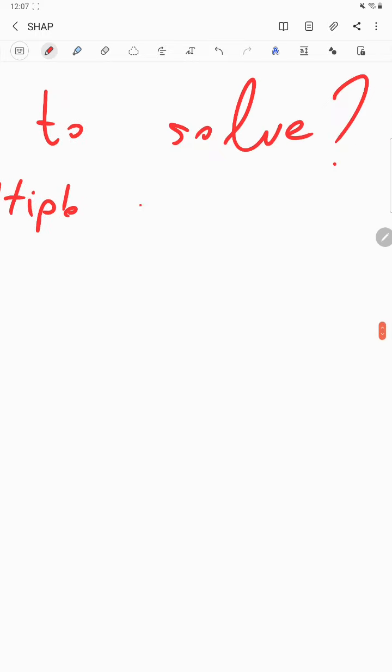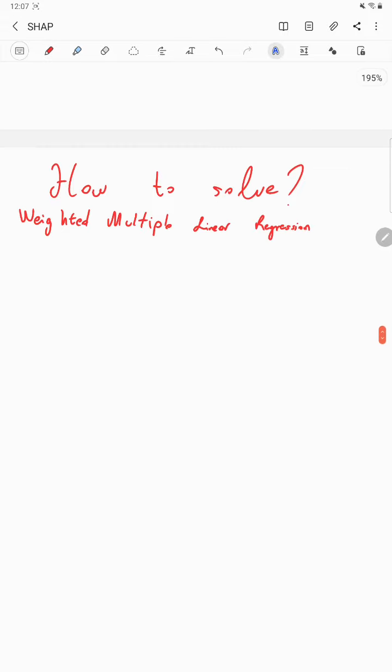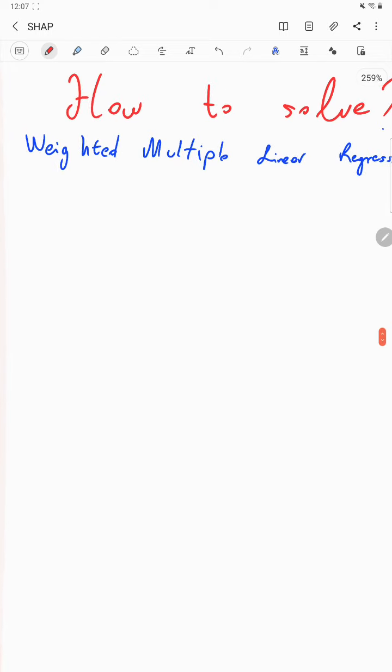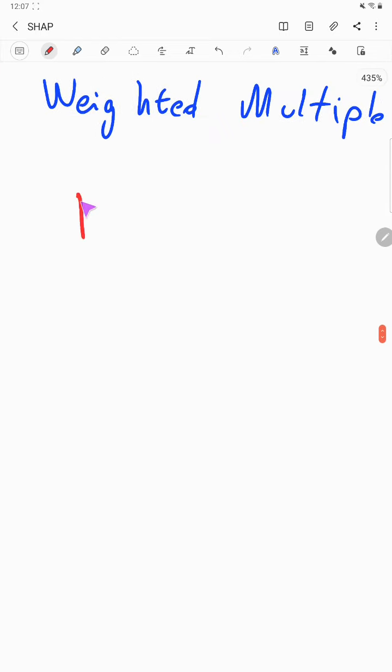Since we have the weight, we have the weighted multiple linear regression. And as I know, the matrix solution for the non-weighted multiple linear regression is